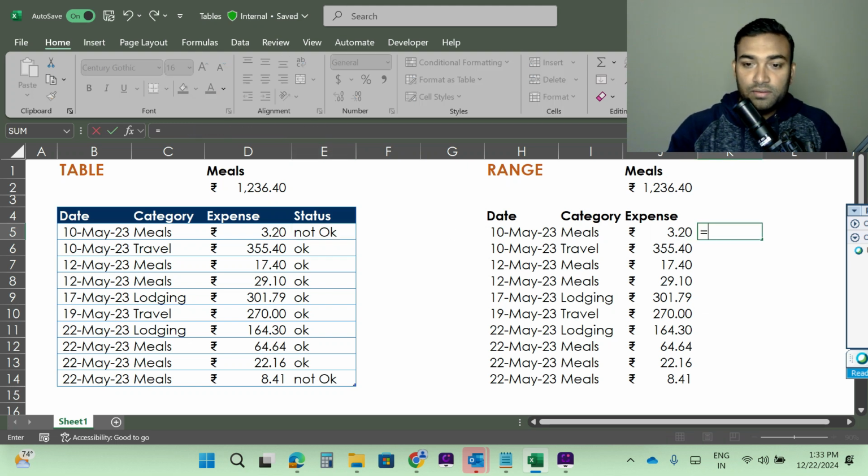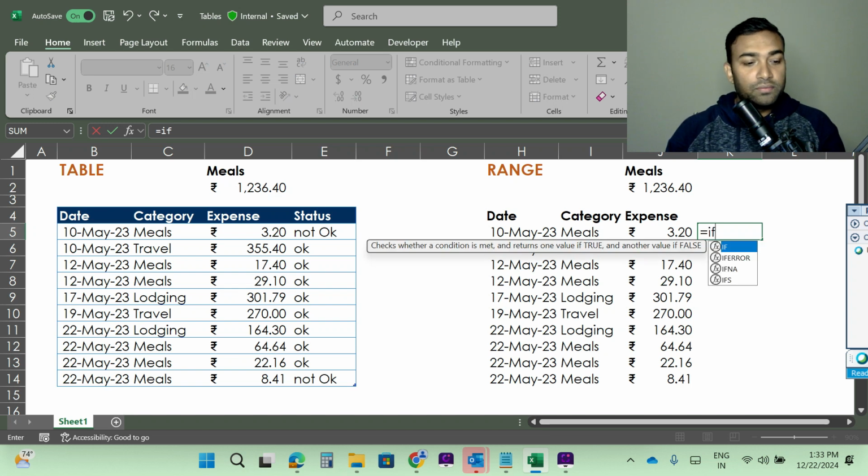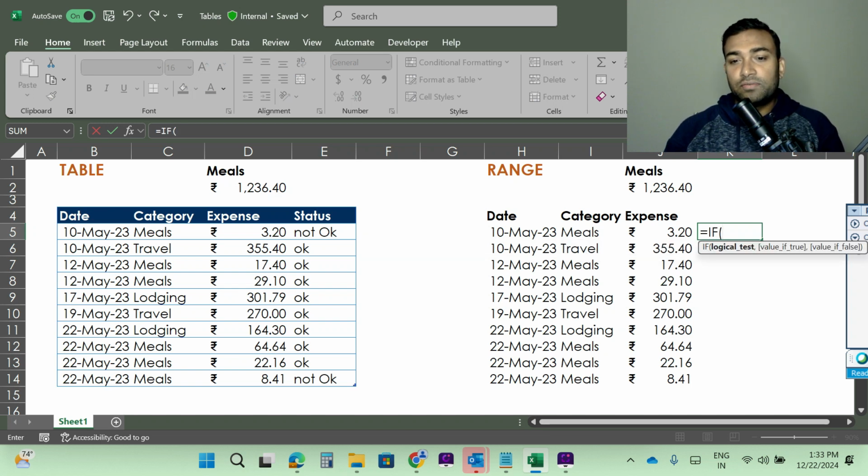So I will go here, equal, IF, logical test, if this value. See here, instead of the table name, the cell name is coming, it is coming as cell name only. So J5 is taken. Okay, greater than or equal to 10, the same formula, comma, then I would say okay,